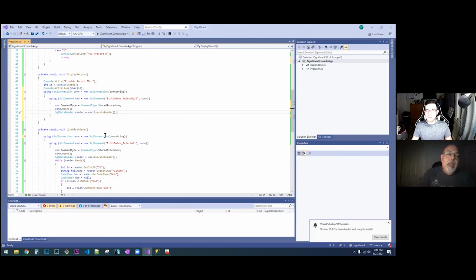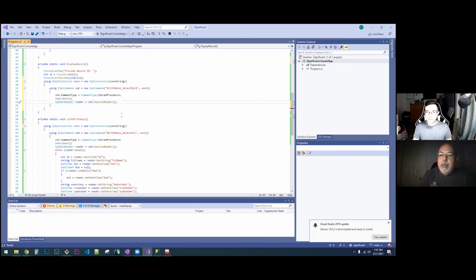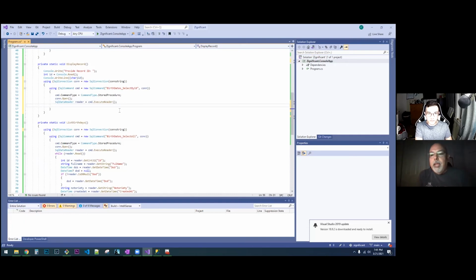Now, you could do a while statement here after you do the reader. Go ahead and press enter. You could do a while statement, but you're only reading one record because that ID is only going to exist once in the database, right? A while statement is if you're going to do a bunch of records. But we know we're only going to get one, so we can actually do an if statement here. So if reader.read,